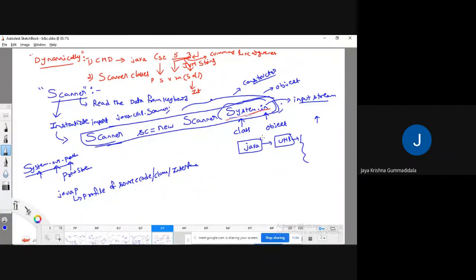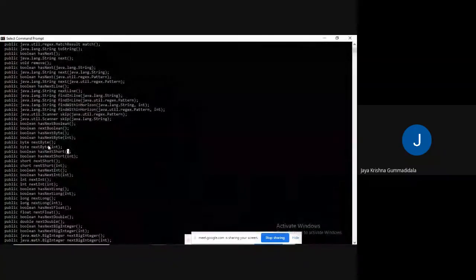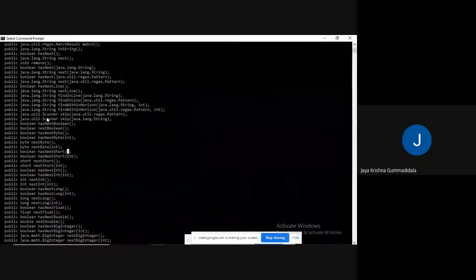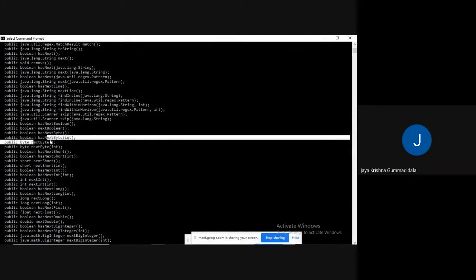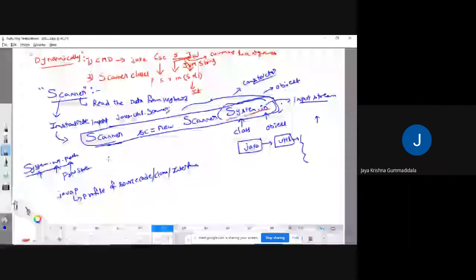And this scanner class supports various kinds of methods, like I have shown, such as hasNext, next, nextByte, and so on.